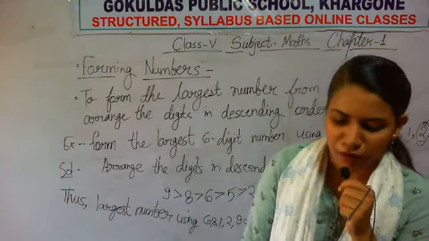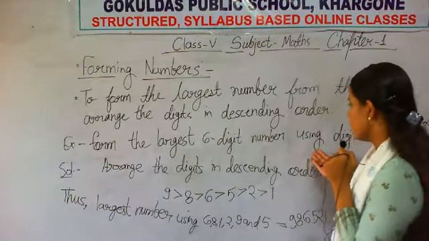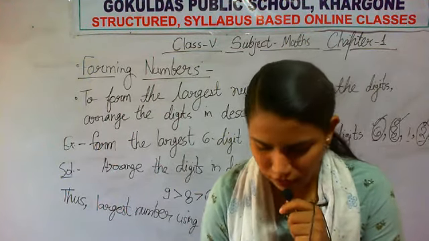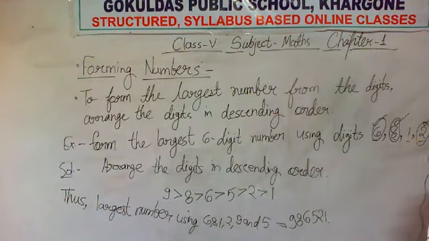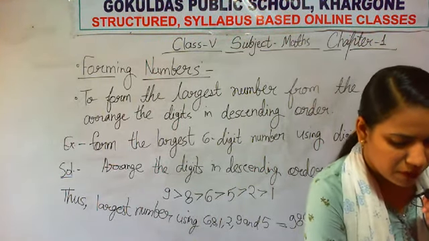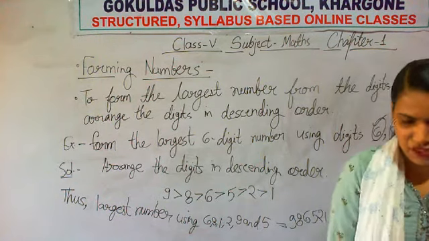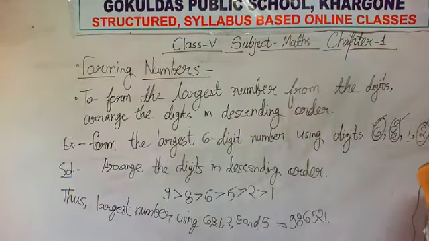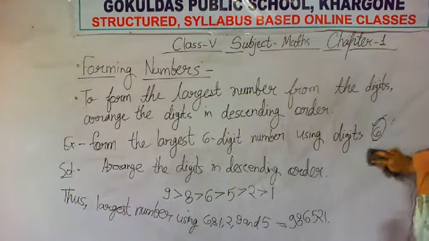For writing the largest number, which step do you have to follow? You have to arrange all the given digits in descending order. In descending order, the largest number comes first. Okay, so it was an example only. Now we will do question number 4 on page number 8, Exercise 1.3. After understanding this topic, we should be able to do question number 4, which is on page number 8, Exercise 1.3.